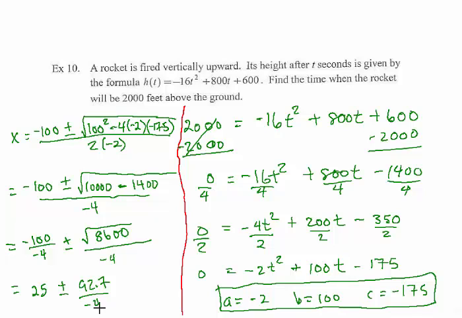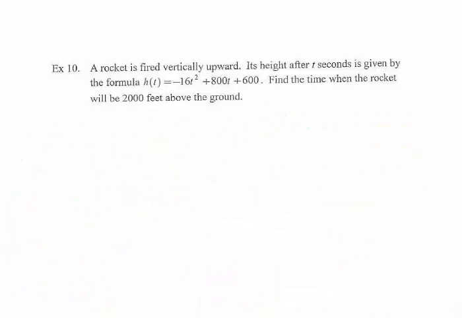And that's still over a minus 4. Okay. So I need a little more space here. We have a 25, and this is, let's see, t, I should say, because that's our variable t, equals plus or minus 92.7